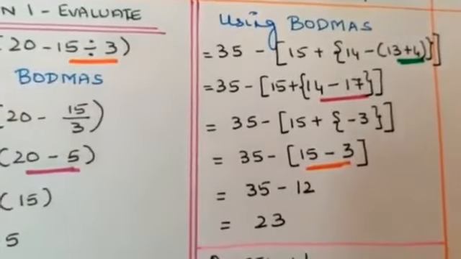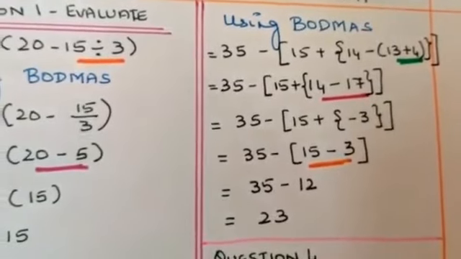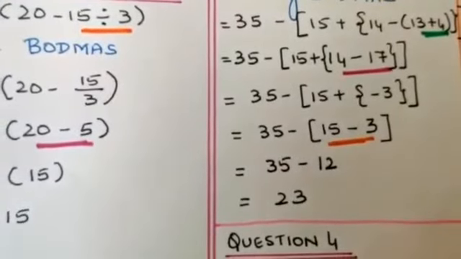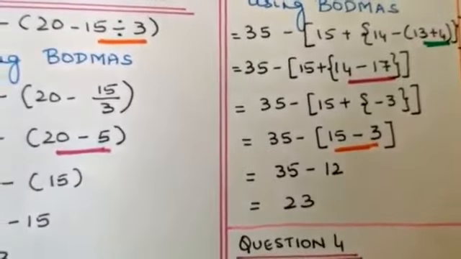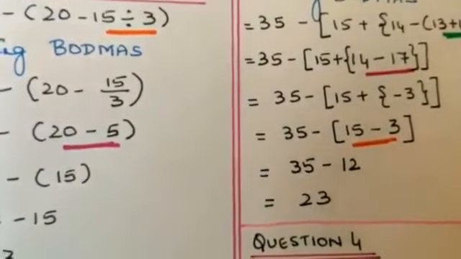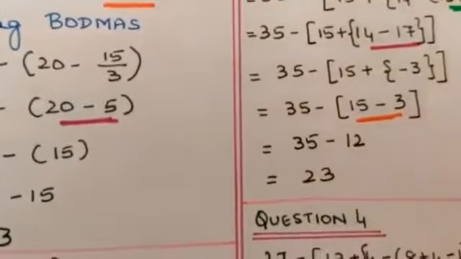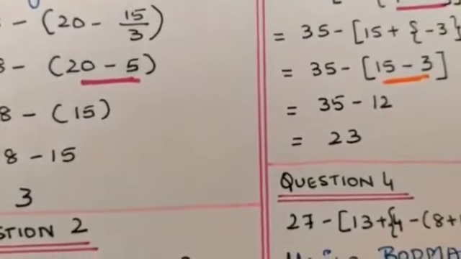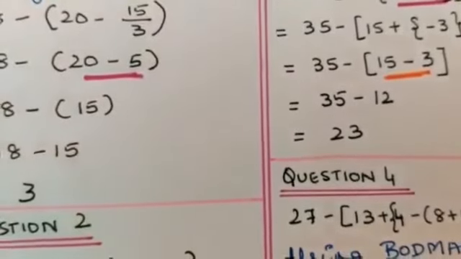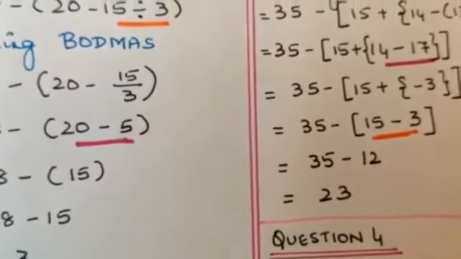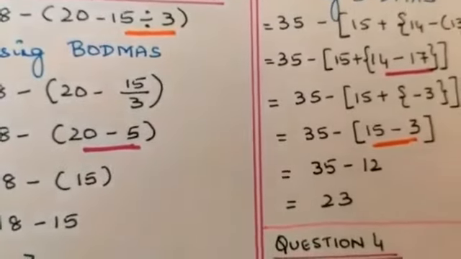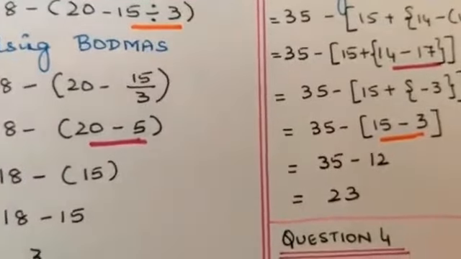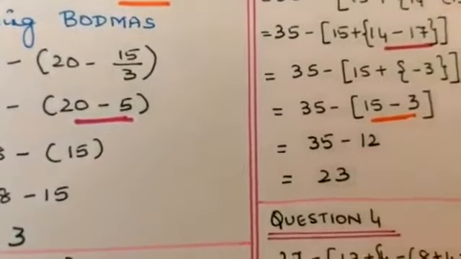So 35 minus 15 plus 14 minus of (13 plus 4), and now we'll simplify that particular bracket. It becomes 17. We get 35 minus 15 plus 14 minus 17. Okay, 14 minus 17 is a negative integer, so I keep the bracket and use minus 3. So plus into minus 3 is minus, so the expression becomes 35 minus 15 minus 3, and therefore the expression becomes 35 minus 12, and the answer becomes 23. Kiddos, when you go ahead and solve all these problems, you will be able to understand it much better. In case of any doubts or concerns, please put it in my comment box, and I will give you an explanation on how I did that particular sum.